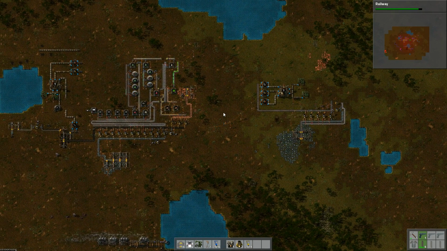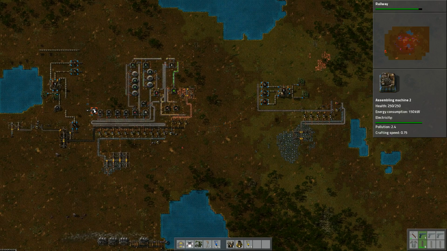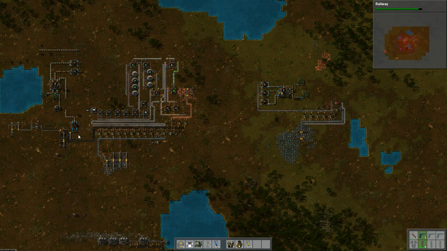In this part we did quite a bit. We managed to set up this entire new facility. We did some stuff with fluids, got plastic going, and we got attacked. So next time we're going to look at improving base defenses and finally getting